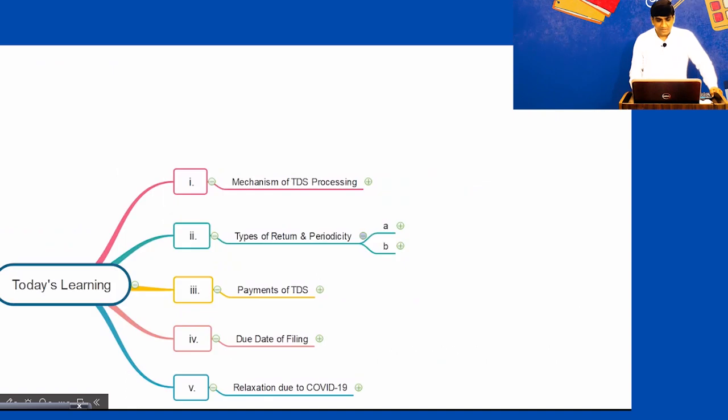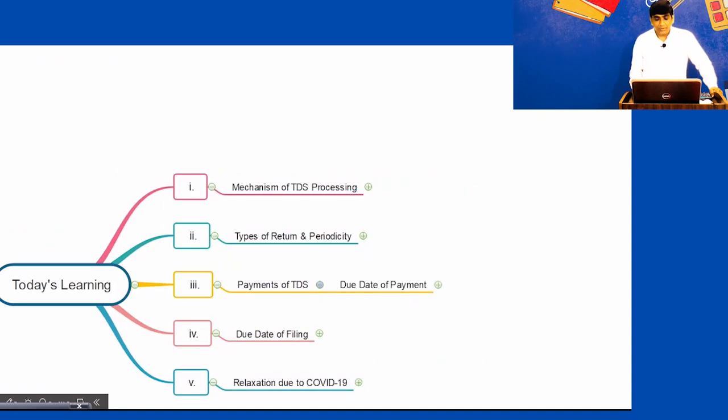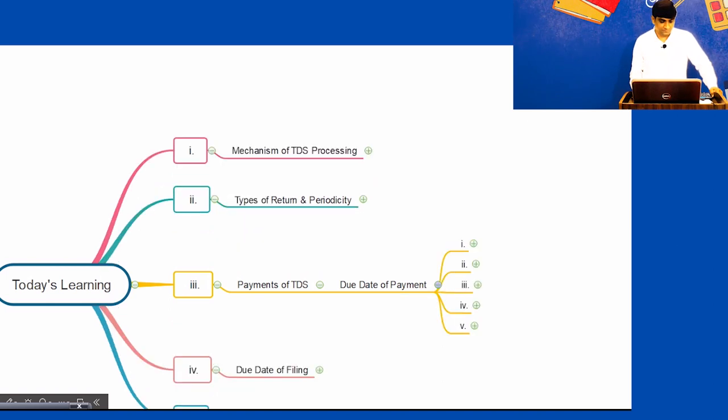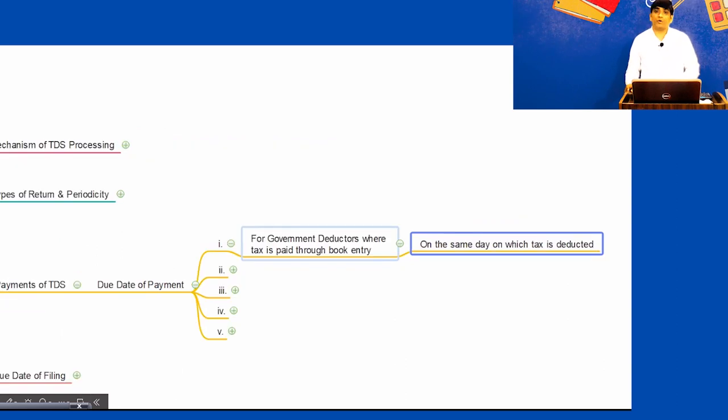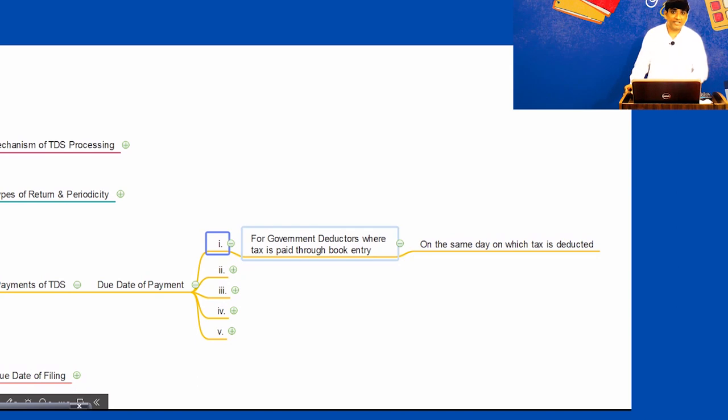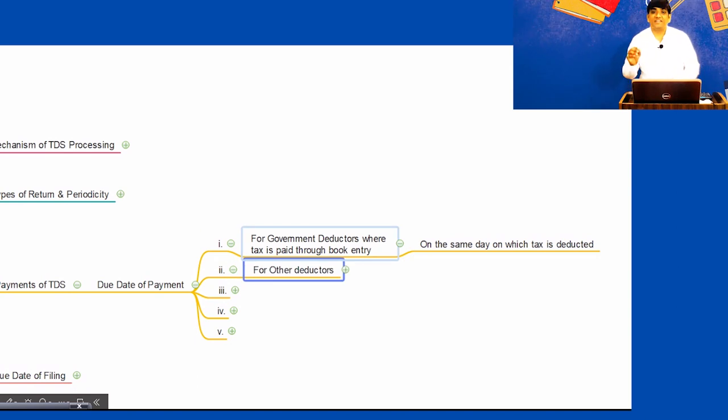Okay. Now let's see what the due dates of payment of TDS are, that is, when the TDS payment is required to be made. For a government deductor, where tax is required to be paid through book entry, where they are not making any kind of physical challan, it is required to show the information on the same day on which tax is deducted. But for other deductors, meaning you are making payment by physical challan and you are not a government deductor,